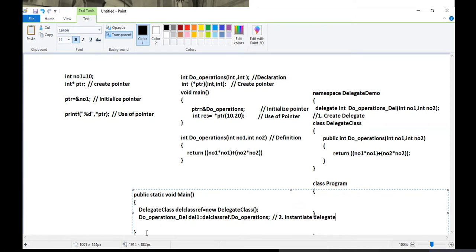Compare, I don't think I made any change in this. If you compare it with C, what we are doing is storing the address of a function into a pointer. The same thing I'm doing: I'm storing the reference of a method into the delegate reference.